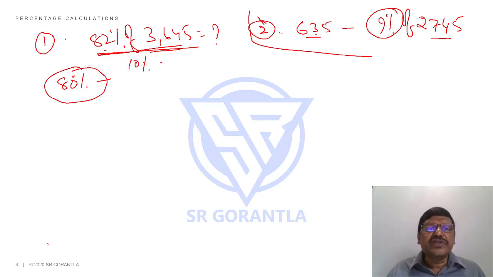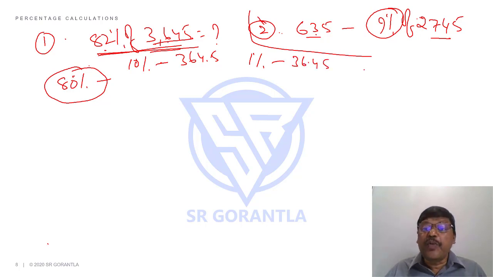What is 10%? Students, for any percentage calculation questions, you should be good at calculating 10%, 1%, 0.1% and all that. Suppose, tell me what is 10% of 3645? 10% means 1/10. As you see the fractions there, 1/10 will be 364.5. Suppose if I ask you 1%, 1 by 100, 36.45.